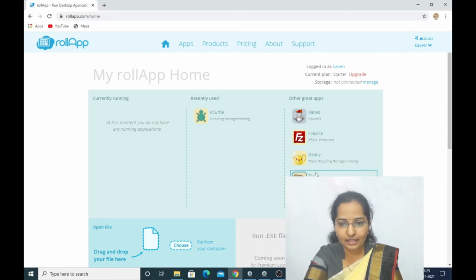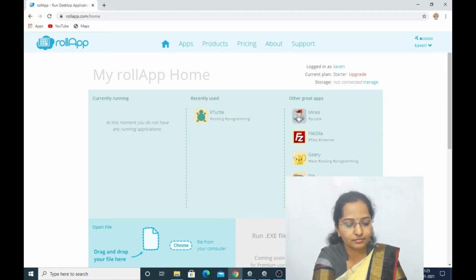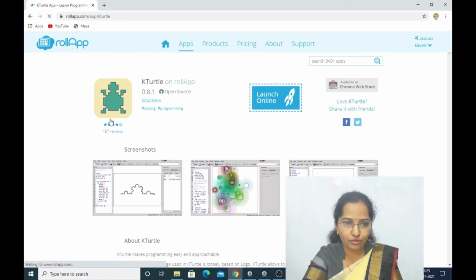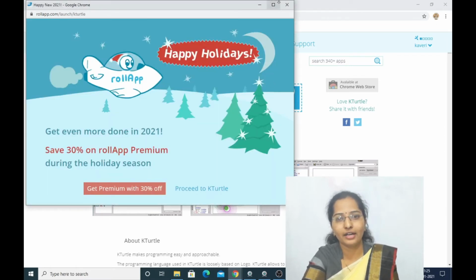These are all the apps on rollapp.com, so that we can use the application we need. Go here and search for KTurtle. I have got this KTurtle, which is needed for my lesson. Click on this, wait for a minute, then click on launch online.